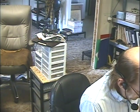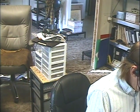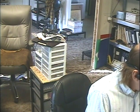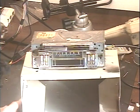Alrighty, this unit is out of a 1969 Plymouth Roadrunner. It's from Kenny in Oxford, North Carolina. Thank you so much, Kenny, for your business from the Carolinas. I hope that you're nice and warm out there. So let's look at the unit here. Here's Kenny's radio out of his